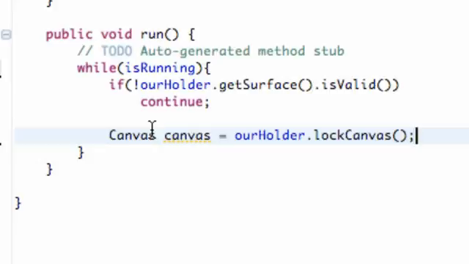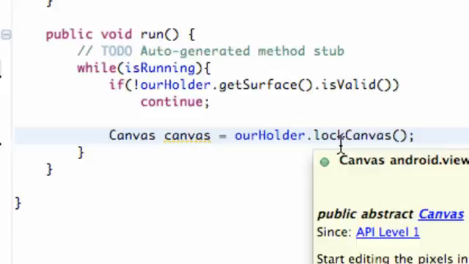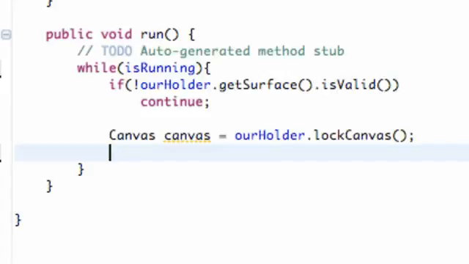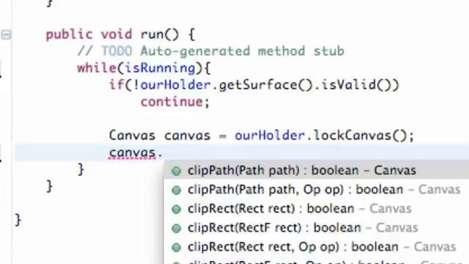So basically what's happening is we have this masterpiece, we have this great idea, and we want to paint it. So we're going to lock our door, and then we're going to paint on our canvas, and then we're going to unlock our door and show the whole world what we came up with. Basically that is what we're doing within this loop here. So we're locking the canvas so no other classes, no other activities can access this canvas. That's the point of locking it. No other threads can get to it. And so once it's locked, this is where we're going to start painting on it, or drawing on it, I should say. So we're going to say canvas dot draw